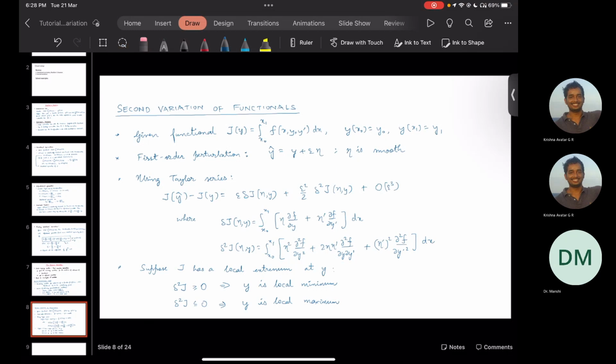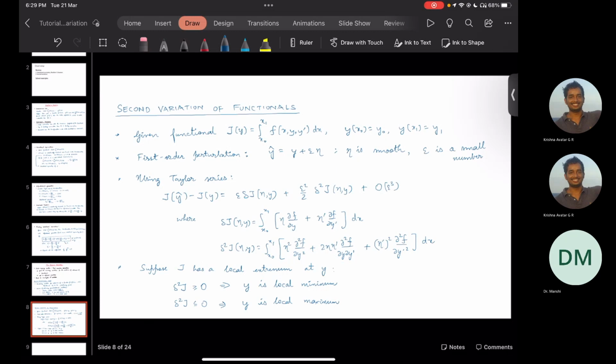And as usual, epsilon is a small number. Now, using Taylor series, we are able to expand J of y hat about y, and this gives us J of y hat minus J of y equal to epsilon delta J of eta, y plus epsilon squared by 2 delta squared J of eta, y plus order of epsilon cubed,